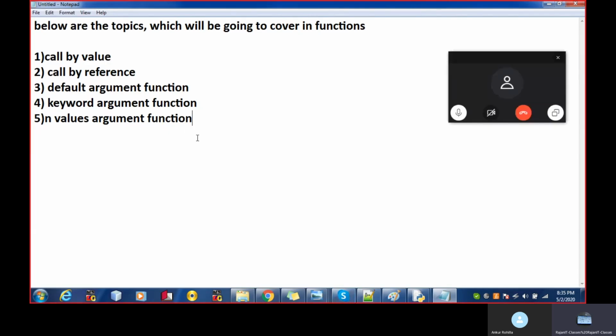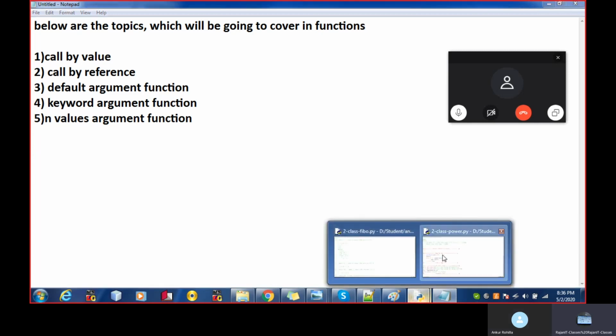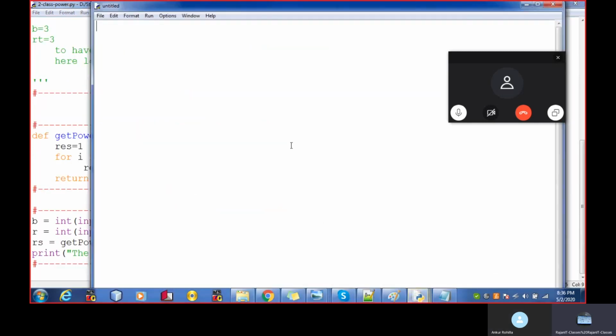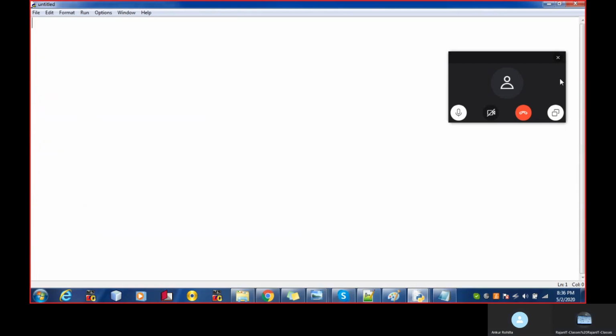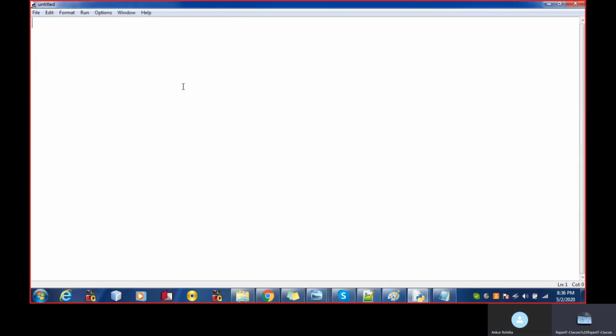So these are the topics which we'll be going to cover in function. So let's put the thought on the very first topic, that is call by value, right? Okay, so I'm going to make one function. So Ram's job.